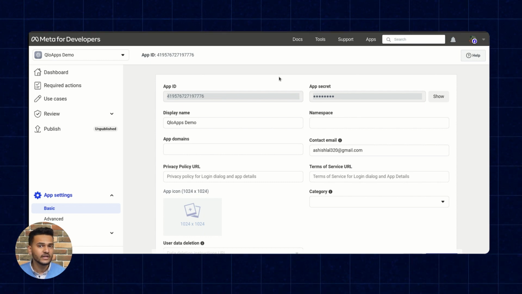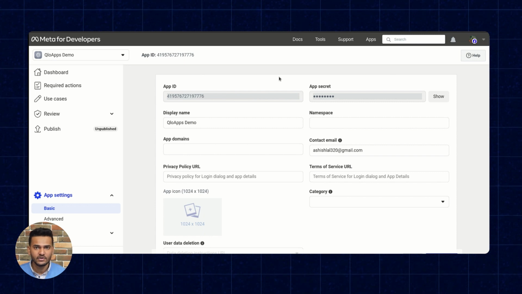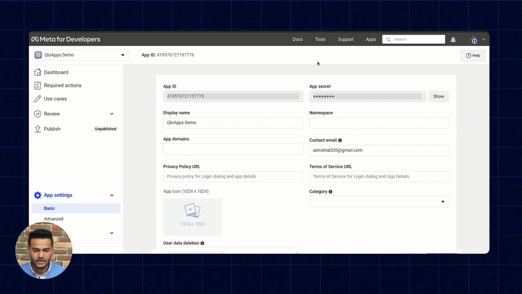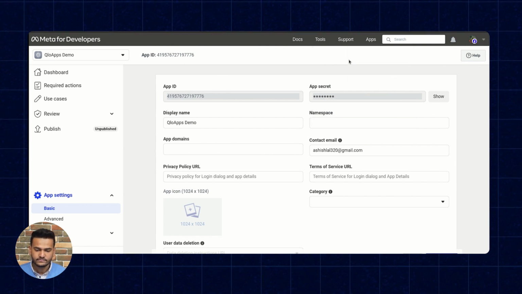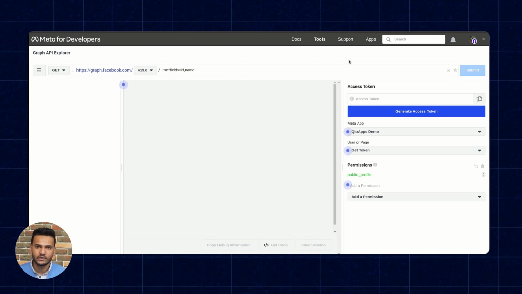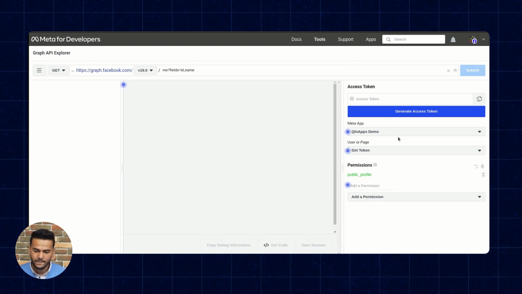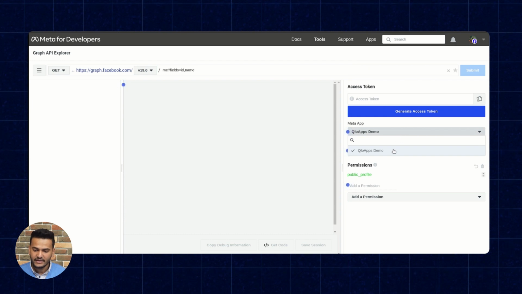Now let's see how we can go ahead and get the token from Facebook. To get the token, we'll have to click on Graph API Explorer. This will allow us to get the API token. Here you have to select your application.